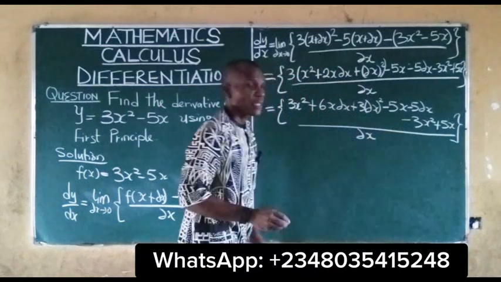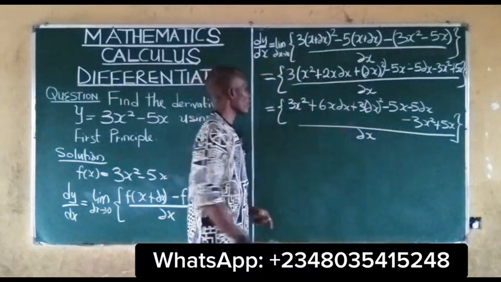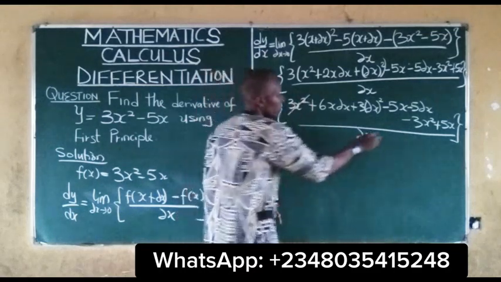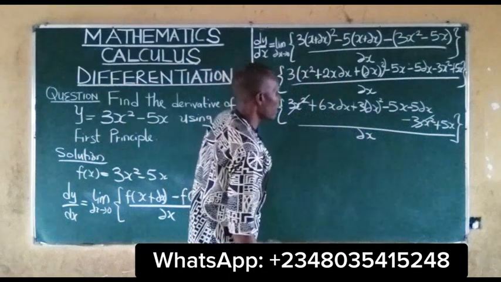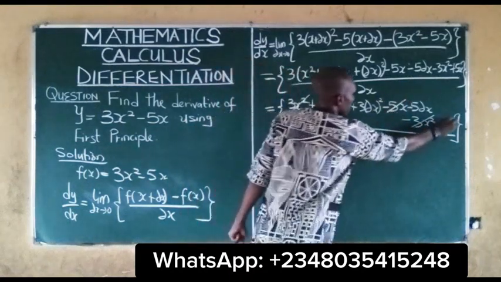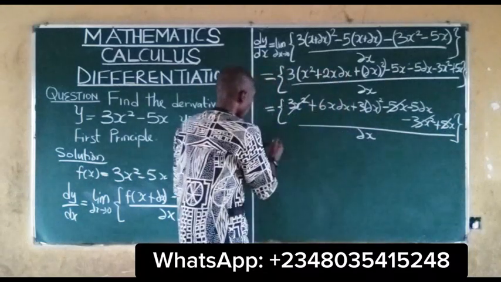Some things can cancel here. For example, 3x squared can cancel 3x squared. We also have 5x to cancel 5x. So we'll be left with